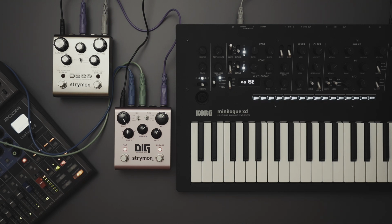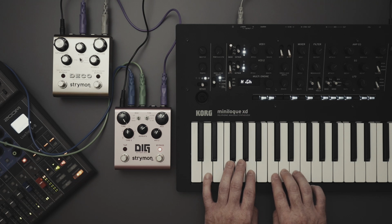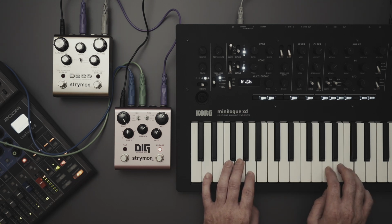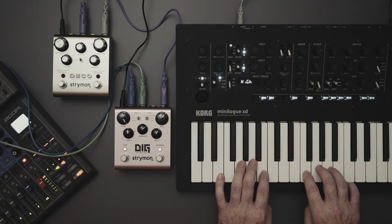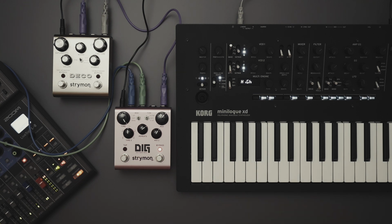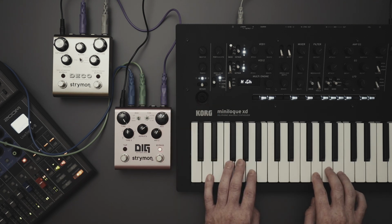I'm going to go back to the plucked harp patch. I've used it a lot, obviously. It sounds great, but I'll demo that specific setting on the Dig with a plucked harp. I'll switch over to the ADM on that. When you switch modes, it abruptly clears the buffer, so...